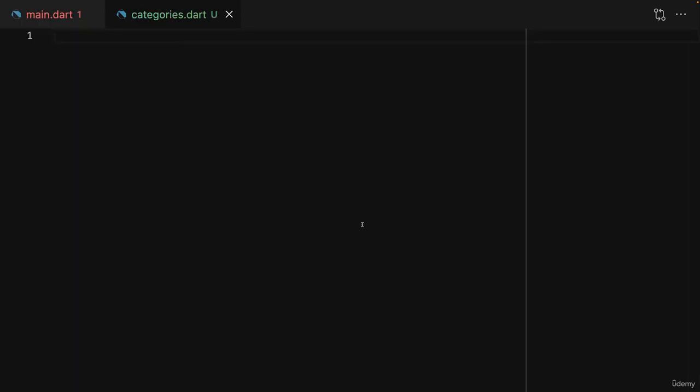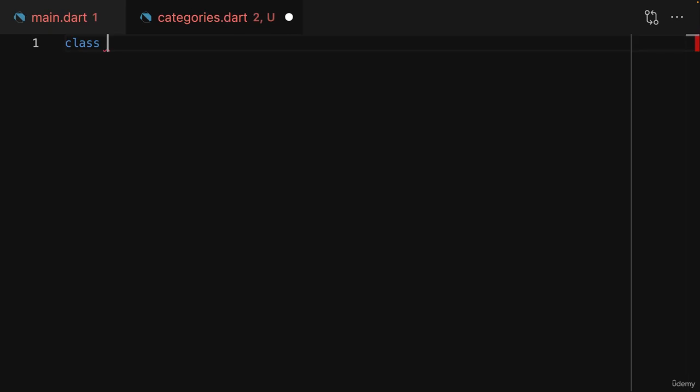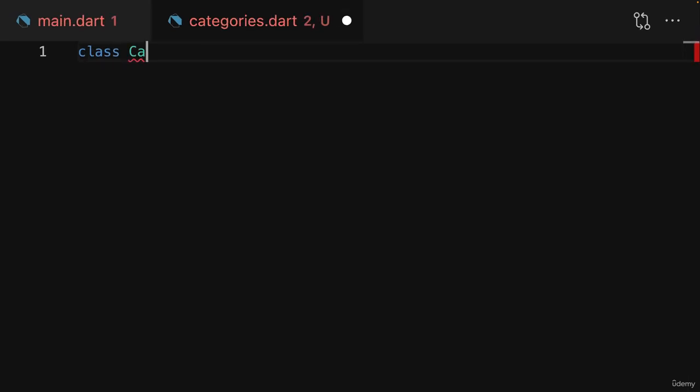Now, inside of categories.dart, you should therefore create a new class, the categories screen class. For example, the name is up to you, and you could also just name it categories, but since this will act as a screen in this app, and we will later have multiple screens, but also some regular widgets which don't act as screens, I want to mark the widgets that will act as screens. So therefore this one is the categories screen, and we of course extend stateless or stateful widget here,